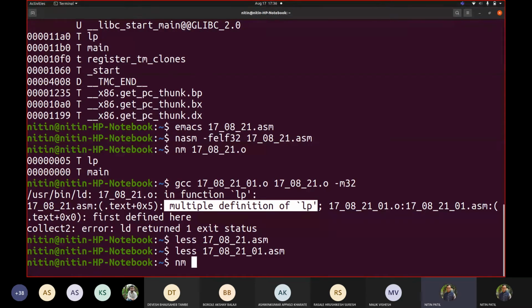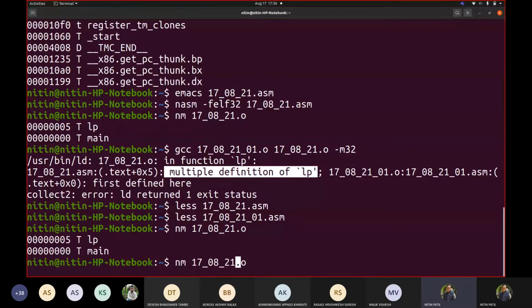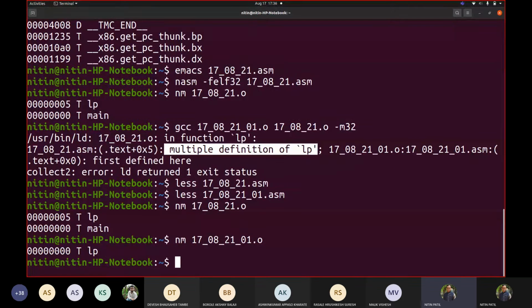Okay, now suppose I display this NM output with the first as O. This is my output and this is another output. In both cases you see LP defined, correct? Because that's how we wrote the code. One of them is extern, though we defined it as a label, jump LP. Correct. Now, if I remove that LP label from here, say for example, if I go back to my code